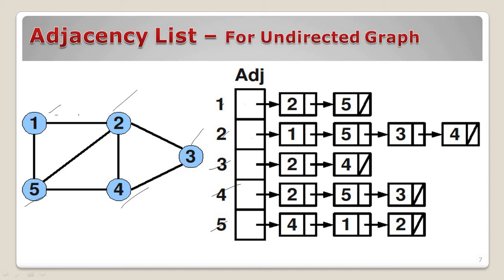Now consider the first one, that is 1. From the 1 we are having the edges 1 to 2 as well as 1 to 5. So directly I will represent that we are having the edge between 1 to 2 as well as the edge between 1 to 5, and afterwards we are going to be storing a null. Now consider the node 2. From this particular vertex or node, we are having the edges 2 to 1, 2 to 5, 2 to 4 as well as 2 to 3. So directly we can write the edges 2 to 1, 2 to 5, afterward 2 to 3 as well as 2 to 4. At the end we are going to be storing a null.